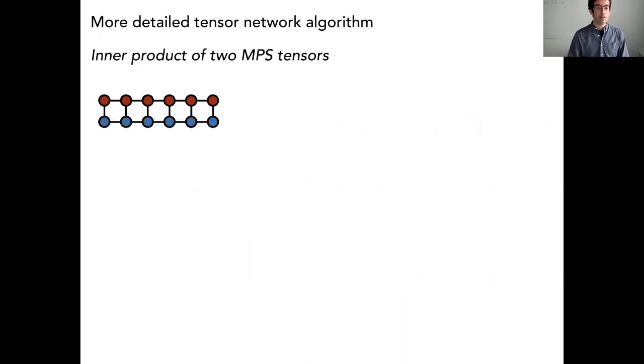Then let me go through one of these algorithms in detail to see how these things are efficient. Let's compute the inner product of 2 different MPS, or it could be the same MPS with itself. So this is the network we want to contract. We have this MPS on the top, this red one, and we have this blue one on the bottom. These could be different in general. And let's say we want their inner product. That's just summing over all their normally open indices with each other.